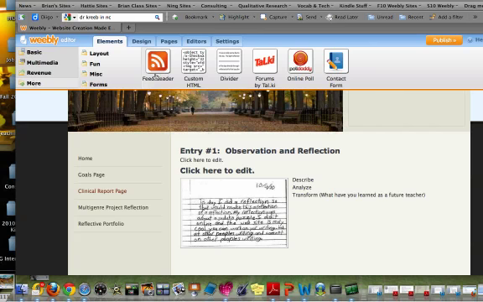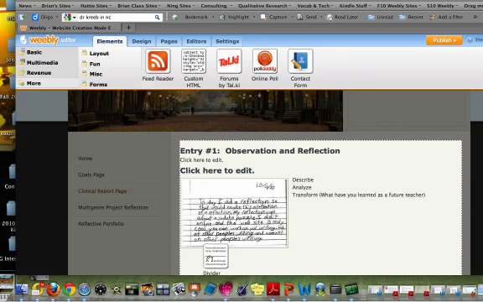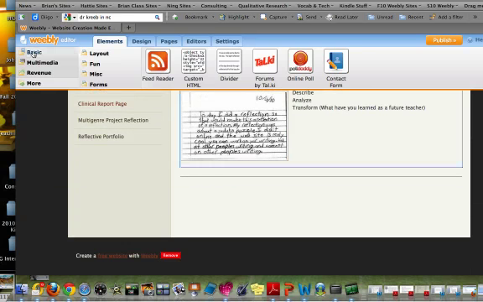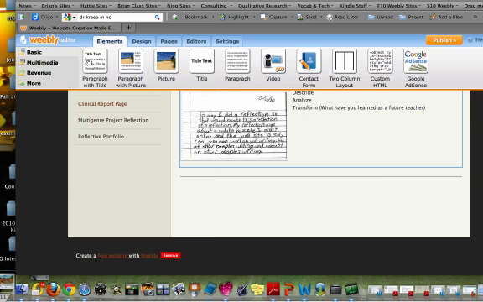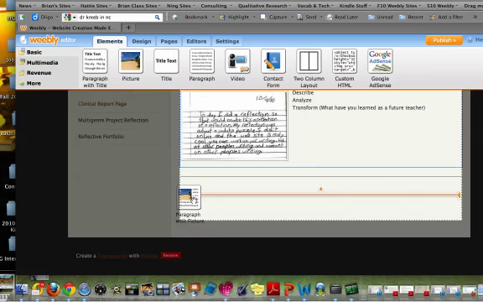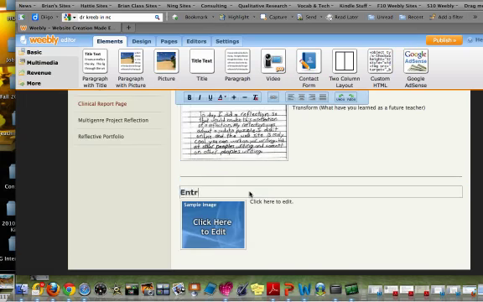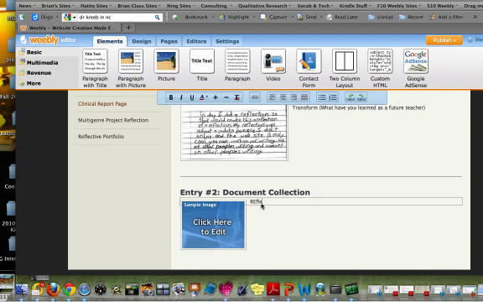So I'm just going to come over here to More, put my divider down here, and then come back up here to Basic, and then I'm going to do entry number 2, which is document collection. Again, I might scan, upload a photo, and then reflect over on this side. Okay. So you're going to just go down this page and do entry 1, entry 2, entry 3, entry 4,